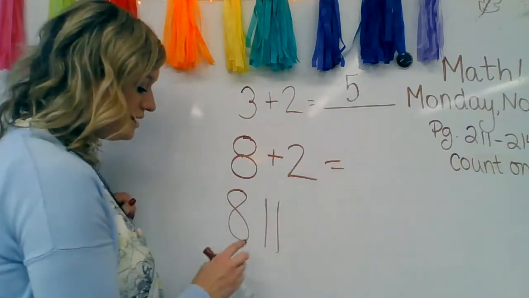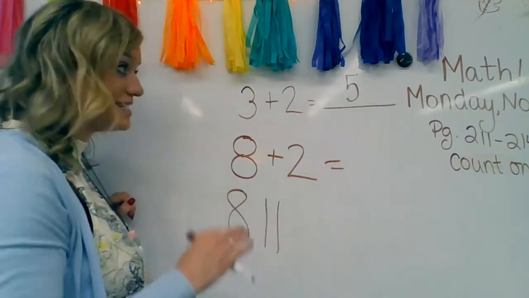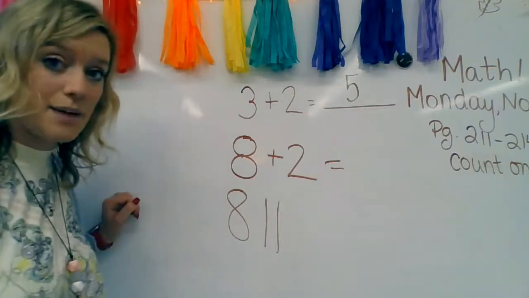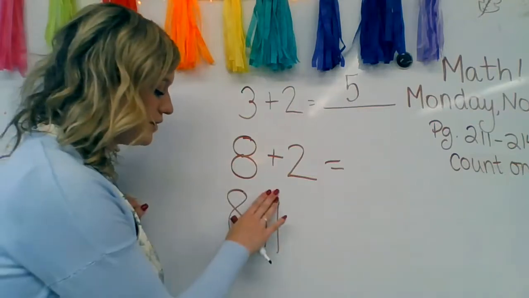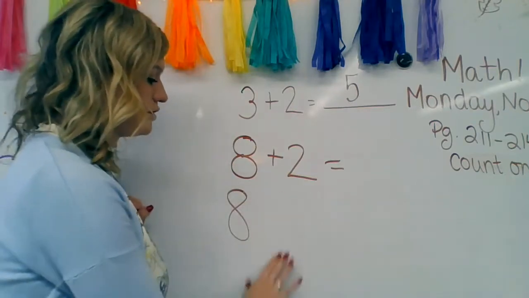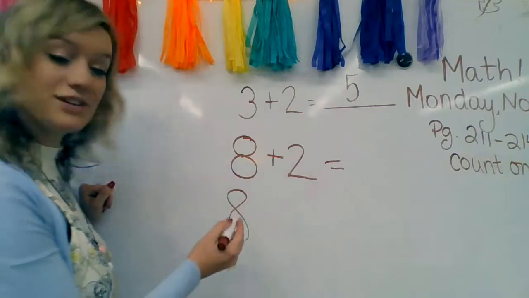How many did I count on? I started with 8 because that was my big number, and instead of drawing 8 dots, I just said the number 8. And then I drew 2 sticks, or I could draw 2 dots too. So there's with the sticks. I'll show you the dots. So maybe I'm going to add 2 dots, but I just say the number